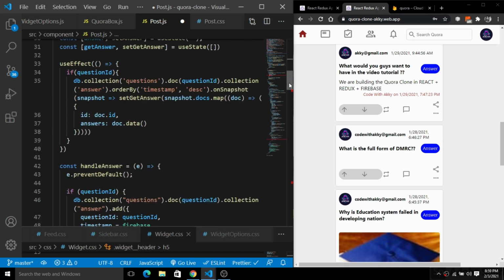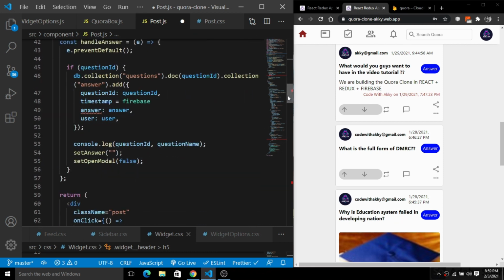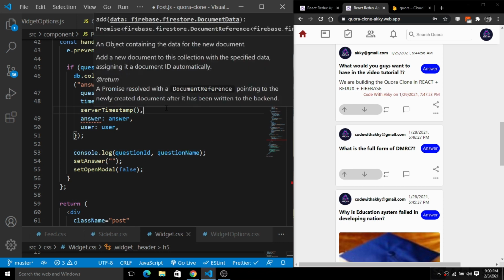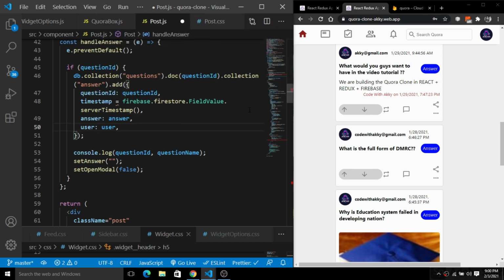Inside of this, firebase.firestore.FieldValue, not FieldPath, dot serverTimestamp, and it will add the timestamp of the answer given by the respective user.